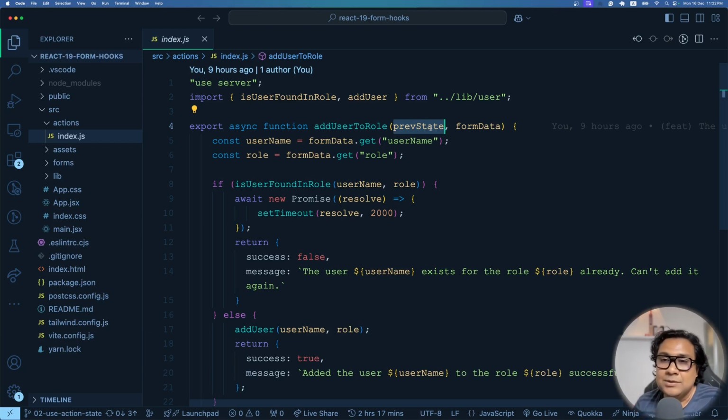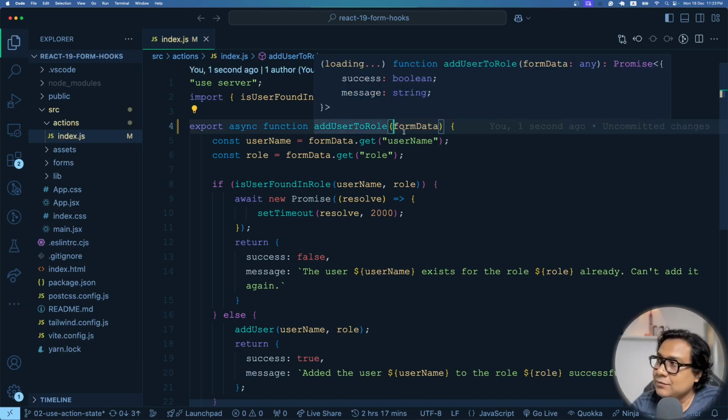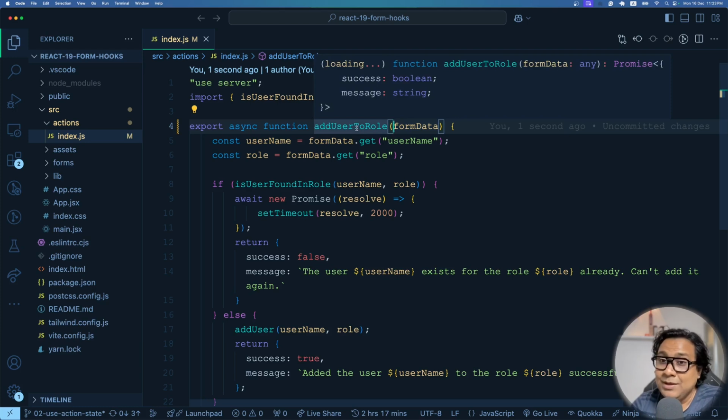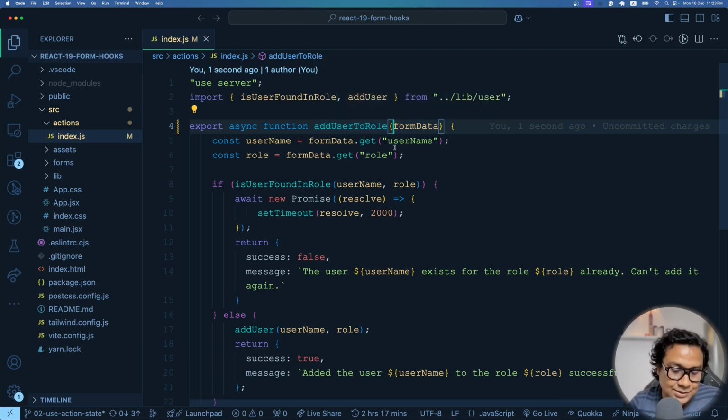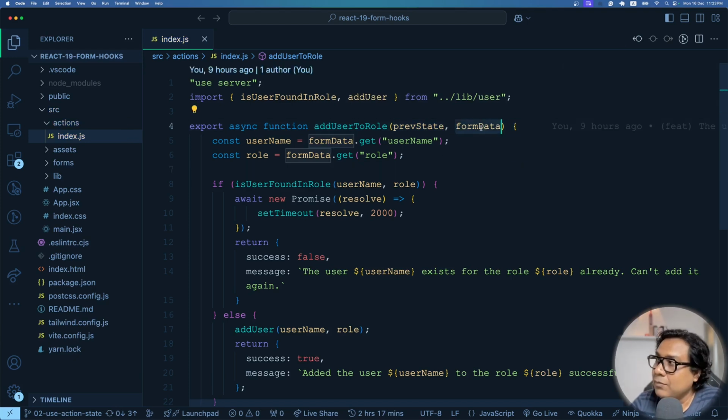Another thing, this might be a problem that as a developer you might face. Usually in a server action or the server function, we tend to get only one argument, that is the form data. So you are very used to getting only one argument, form data, like this. Now, while using this hook, if you are passing just form data as one argument to your server function, that will be something wrong because it expects always two arguments. The first one has to be the previous state and the form data will always be the second argument. Please remember this